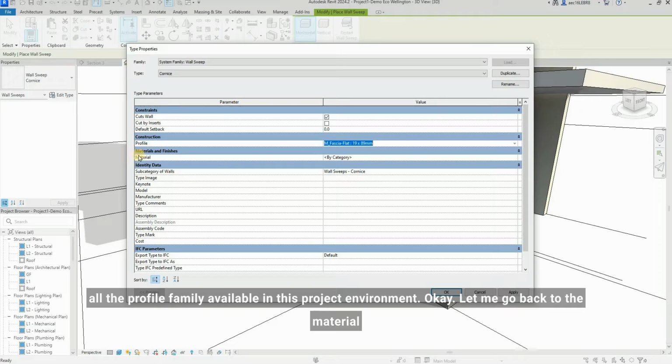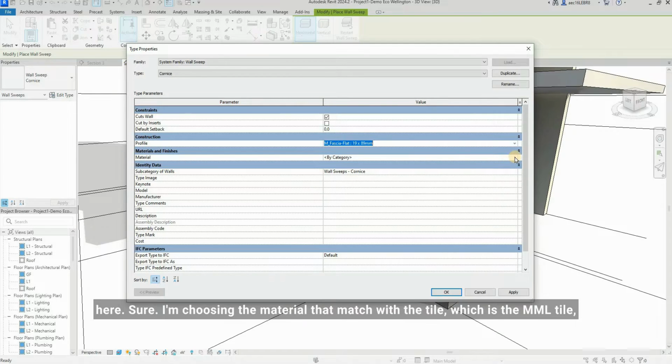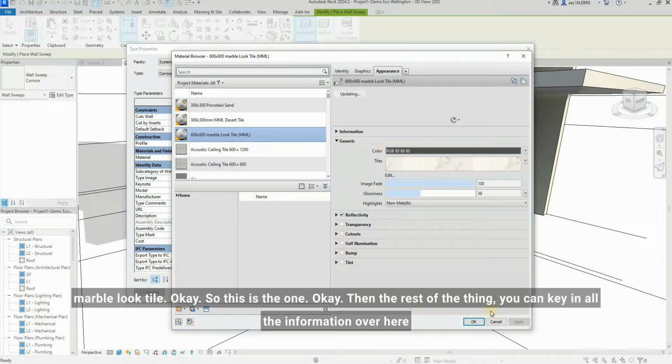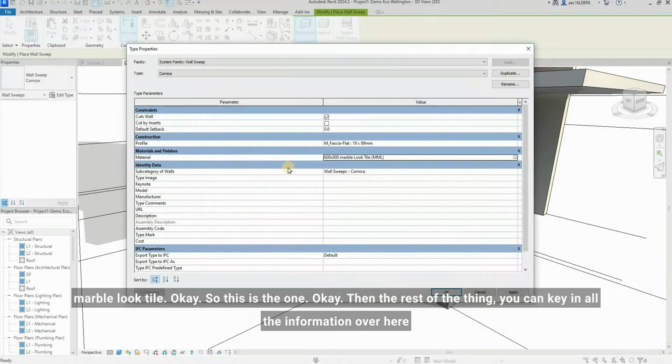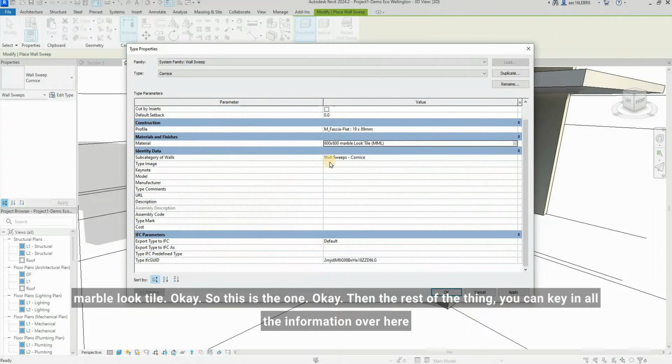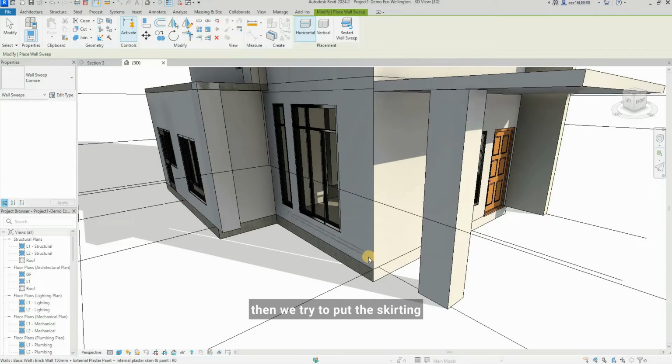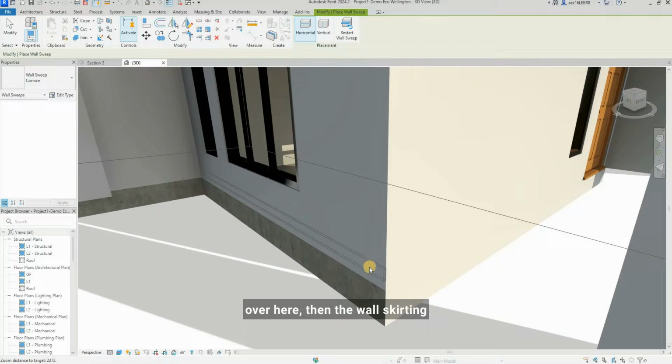Okay, then we go back to the material here. Here I'm choosing the material that matches the tile, which is the MML tile, marble look tile. Okay, so this is the one. Then the rest of the things you can key in all the information over here. Or else just click apply, then okay, then we try to put the skirting over here,